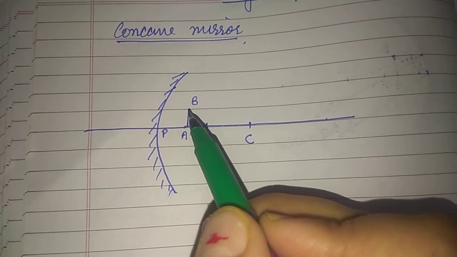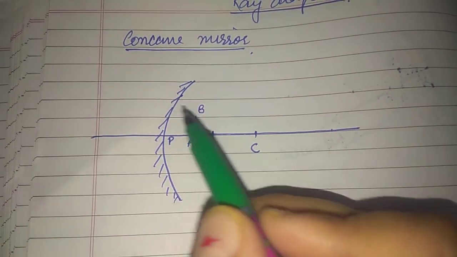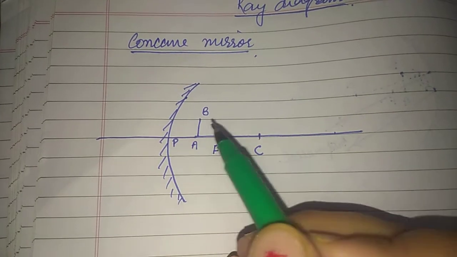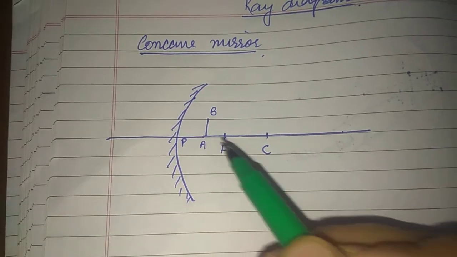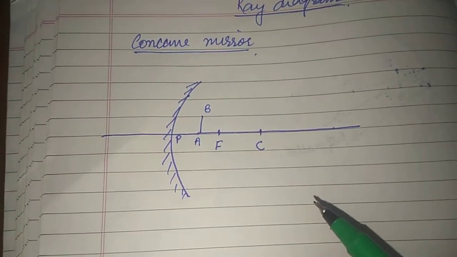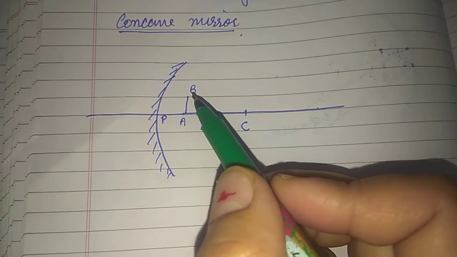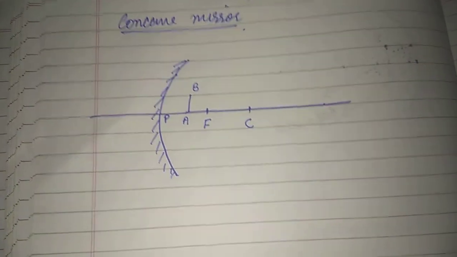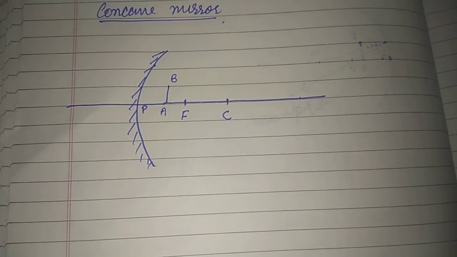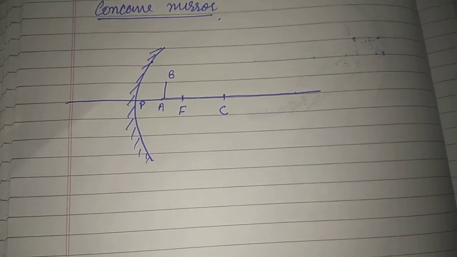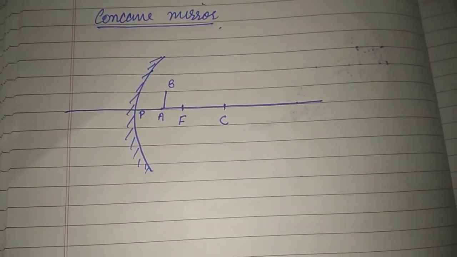From this tip, an infinite number of rays are going to be emitted. I'm using the word emitted here. Basically all the rays which fall here will reflect and give rays in different directions, and then the rays are going to fall on the mirror, and then they are going to be collected at some other point. So in order to find the image of this tip B, I will consider only 2 rays. Any 2 convenient rays we can consider. The ray can be parallel to the principal axis, the ray can be taken which is going to be incident on the pole, or it is going to pass through the focus, or it is going to pass through the center of curvature. So any 2 of the rays can be considered.